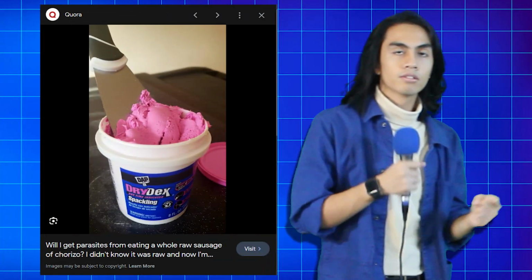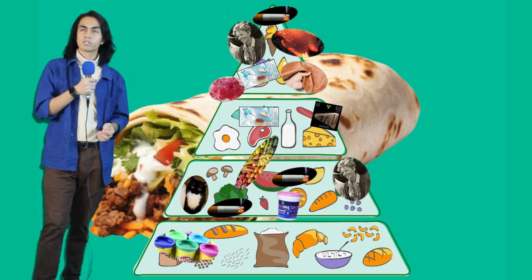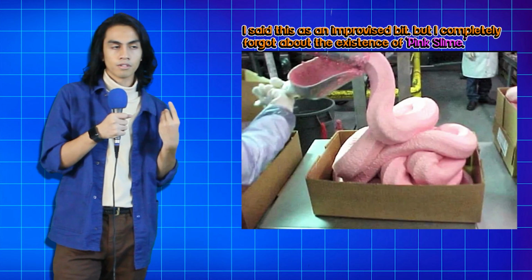Drydex Spackling. You've seen those little pink blobs that look like harder Play-Doh or softer astronaut ice cream. So you cover up a hole and then you paint over it. Doesn't that look good? It's just like room temperature ice cream, because you could just take a little fork and then take pieces of it and then just eat it like this. All of this are just things that look so edible but aren't. That goes in the vegetable category. No, that goes in the meat category, because there's this little essence of pink on it, which could be bone cartilage and bone marrow. But, you know...